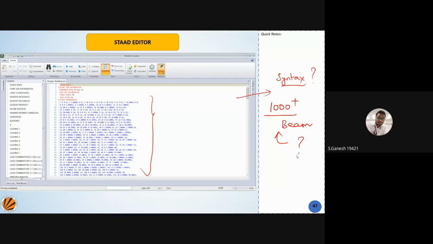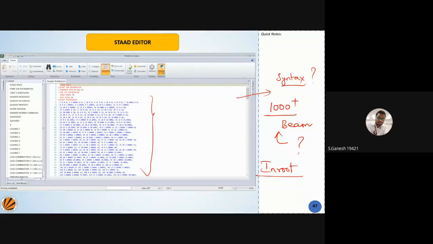If you want to troubleshoot or solve the errors, how do you want to identify them at the root? You need to go to the root, and that is in the syntax. So you open the syntax and find where the mistakes in the model are. When you handle 1,000 plus beams and 1,000 plus columns or different geometries, you want to identify where your mistake is. So I go to the root and identify where the mistakes are on the screen.